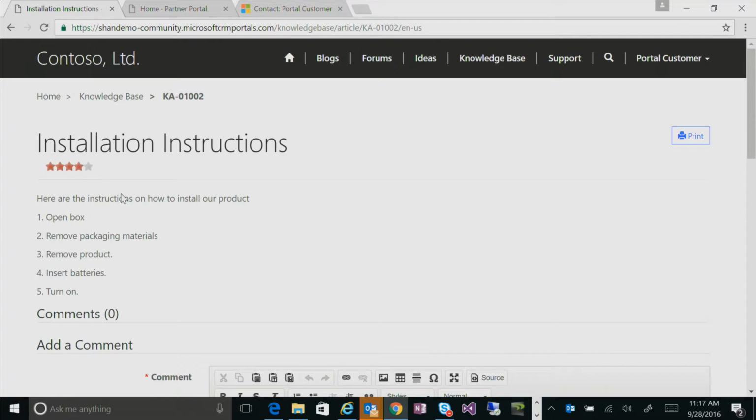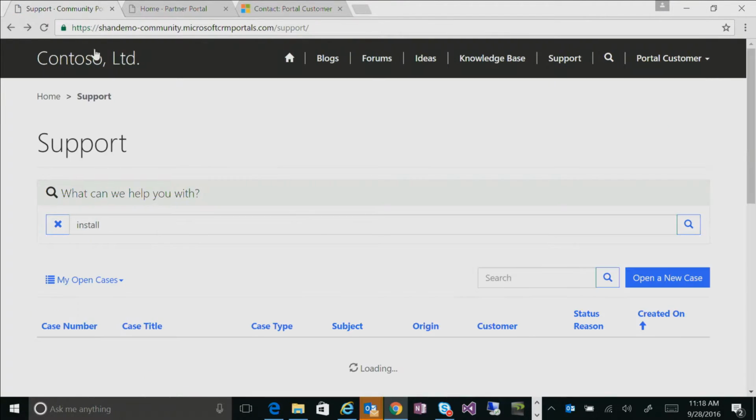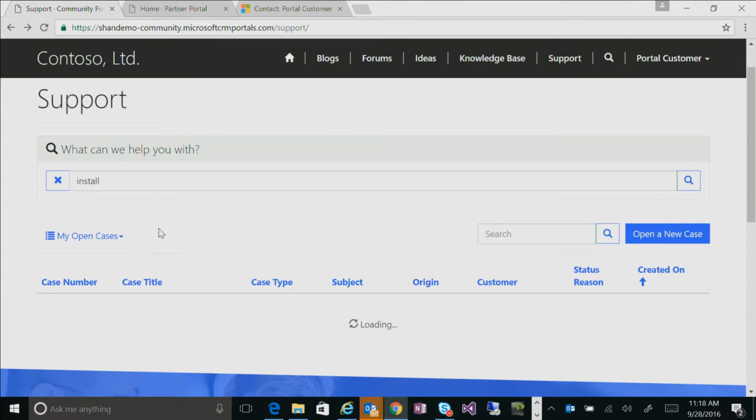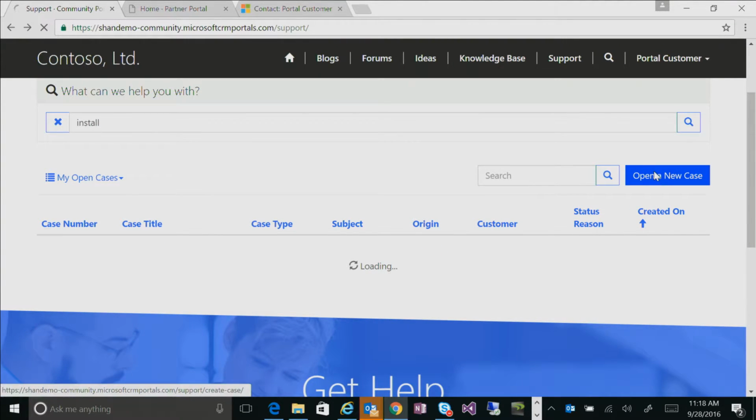And we have a rating system in here as well, so you can rate those articles to collect feedback on them, so you know where to focus your efforts in either search engine optimization, some of the content, and things like that. So if this solved my problem as a customer, I would just walk on, I'd be happy, that would be a great experience. But if it didn't solve my problem, I could just open a case.